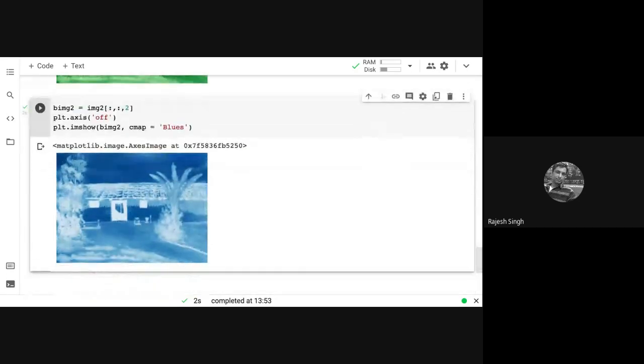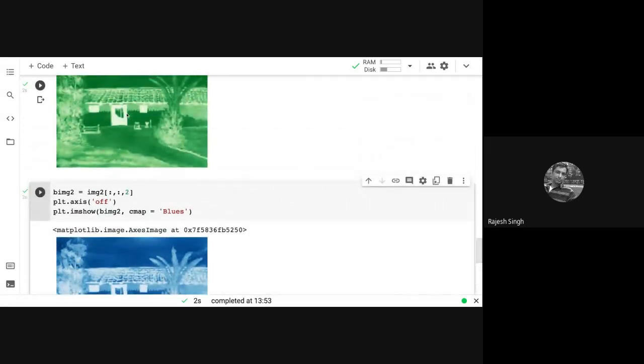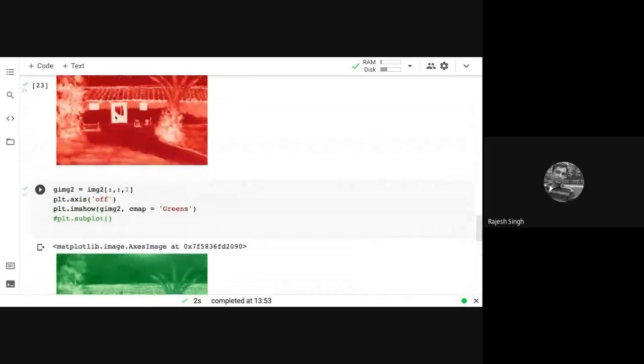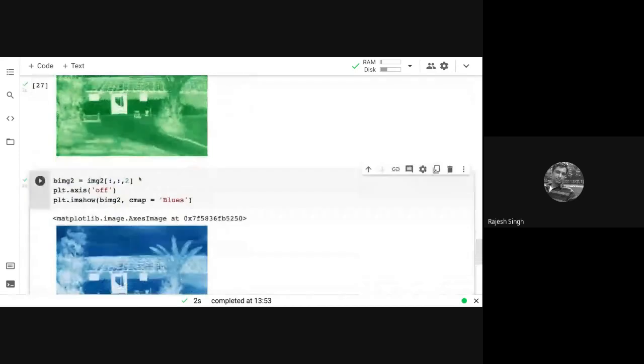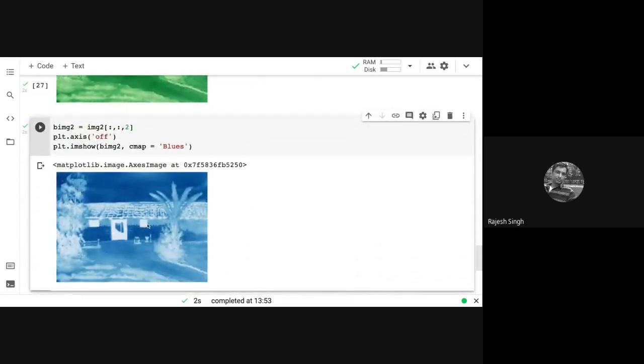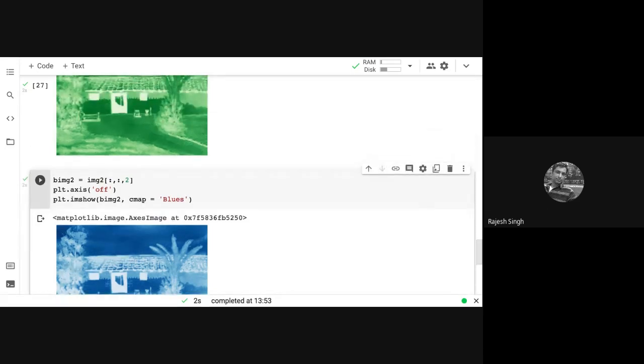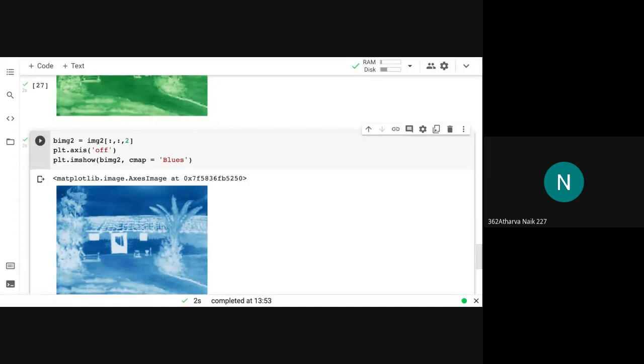So all of you please make a note here. Again, look at this patch. This patch always remains white. Can anyone tell me why? These patches are also white. If anyone knows, it is a place where RGB value is 0.